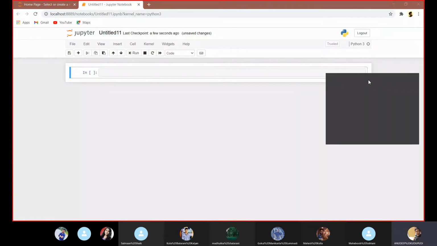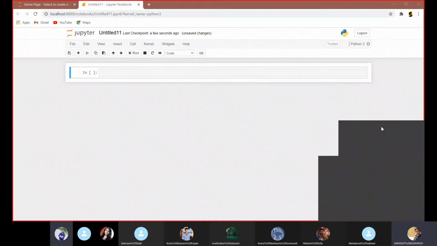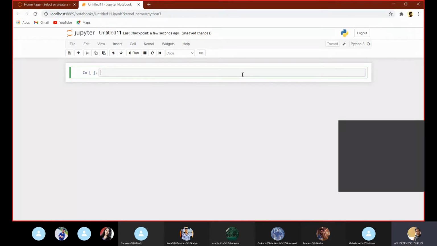In yesterday's class, Kalyan already talked about this Jupyter notebook, right? Now we see how string operations can be performed in Jupyter notebook. Let us consider a value.